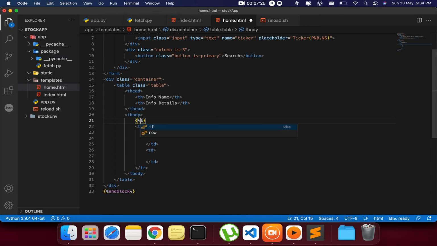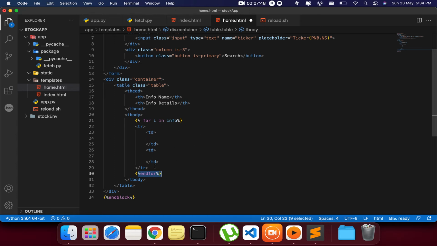In Jinja we can write a for loop using curly braces followed by percentage. We write for i in info, the same way you use it in a Python loop, and we give an end for. We need to give these end tags as well for Jinja templating to work.